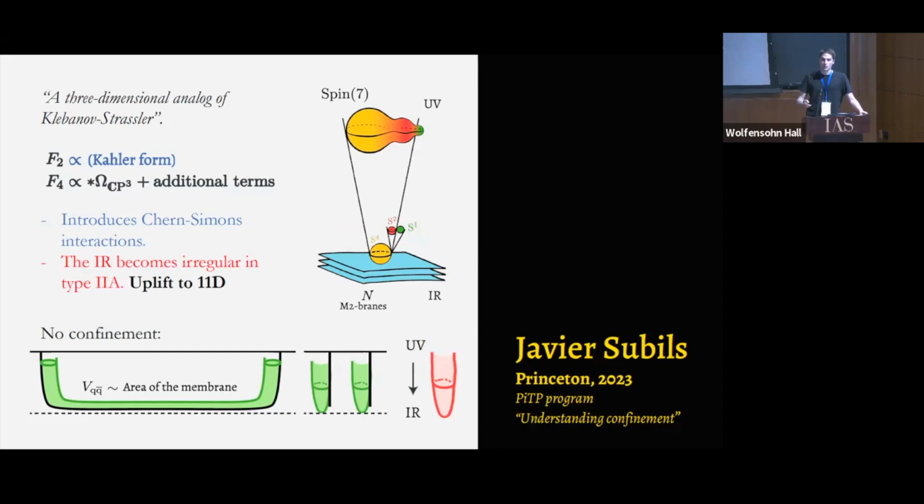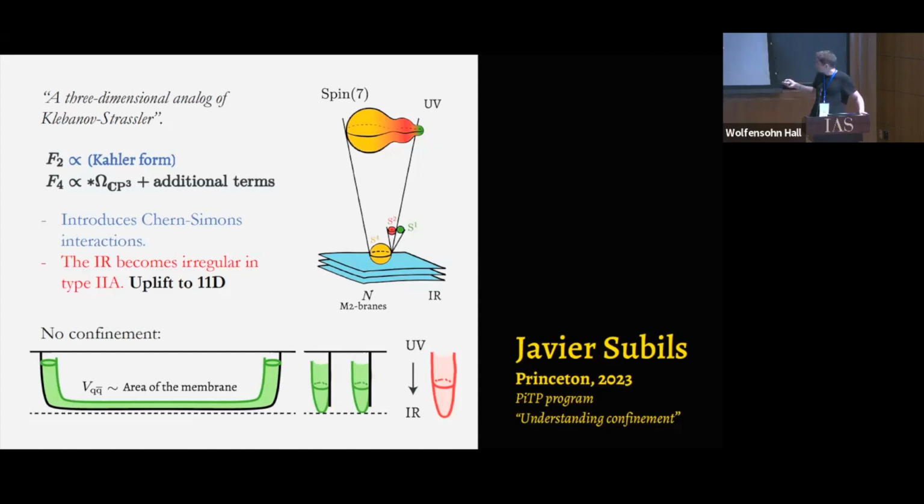If you now try to compute this Wilson loop in 11 dimensions, first of all, you have one more dimension. So you have to compute the area of a membrane wrapping this extra dimension that you have incorporated, which is called the M-theory circle. And in this particular solution, the M-theory circle also shrinks. So the isolated quark, which is these two strings that were hanging, is now allowed to break.